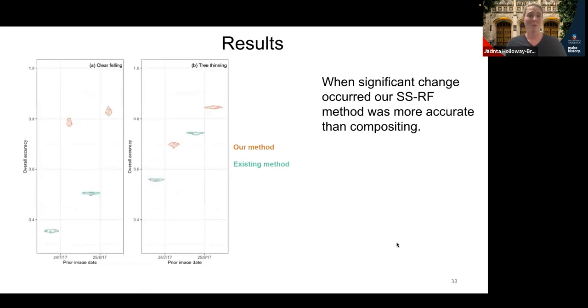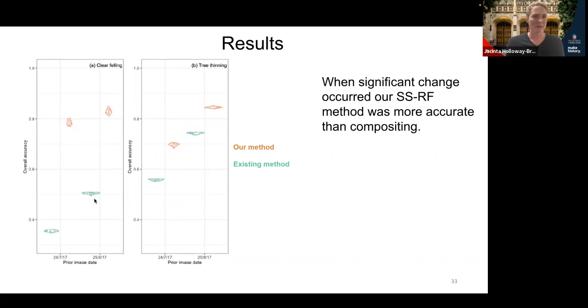However, when significant change occurred due to our clearing scenarios, our method was a lot more accurate than compositing. This is somewhat expected because the past is not a good representation of what's happening in the future in these scenarios, because there has been a sudden change in the landscape where trees have been removed.